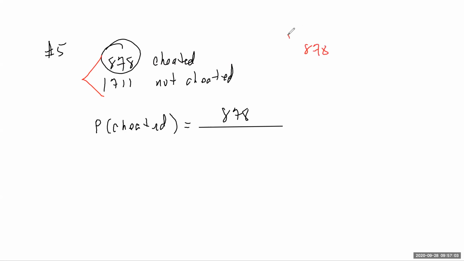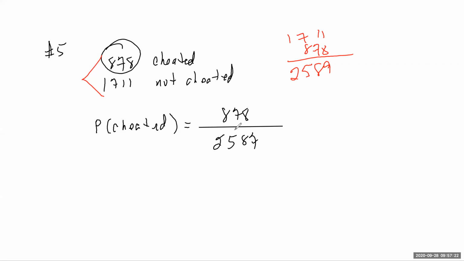So some higher level addition here. Let's see, 9, 8, 5, 2. So our denominator is 2589, and the probability that you select someone at random and that person cheated is 878